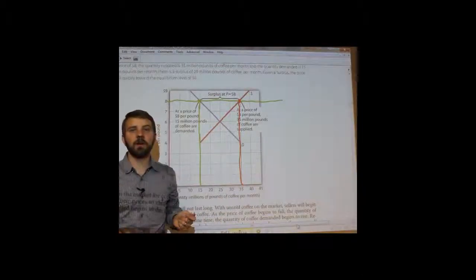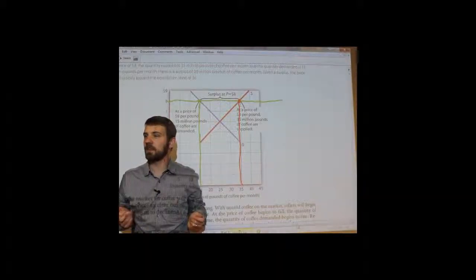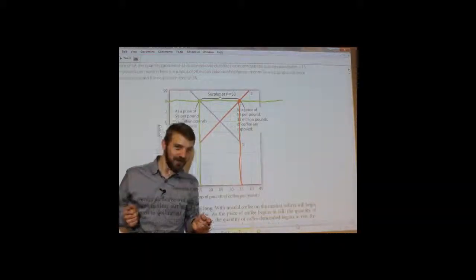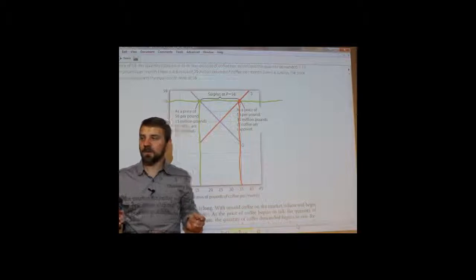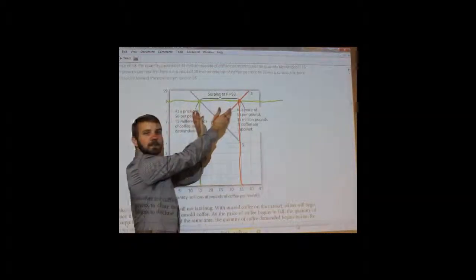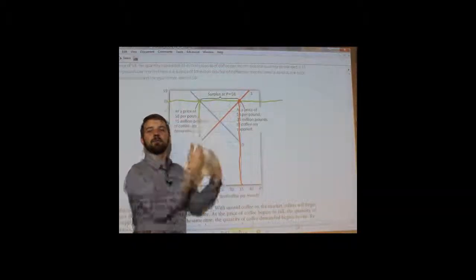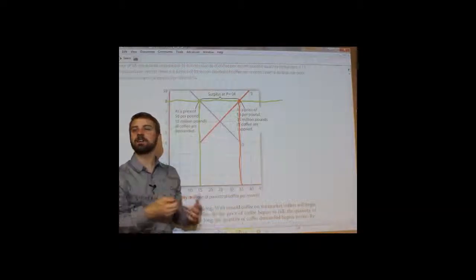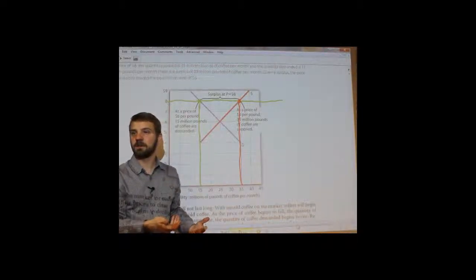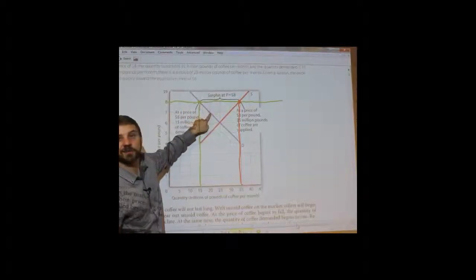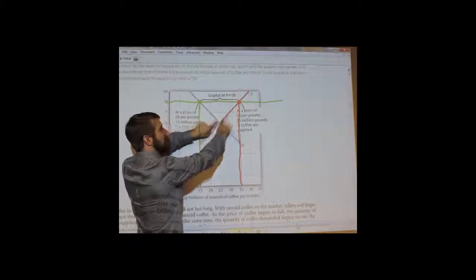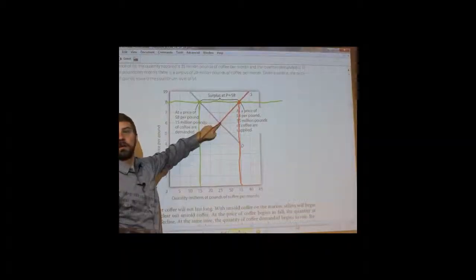When you go to a store and they have a big surplus of something, what do they usually do? Put a sale, right? So likewise, when you have a surplus in the market, the firms are going to want to get rid of that, so they're going to lower their price. When they lower their price, as price falls, consumers increase the quantity they want to buy, right? Quantity demanded increases. Likewise, when the price falls, fewer sellers want to sell it, and eventually we end up at